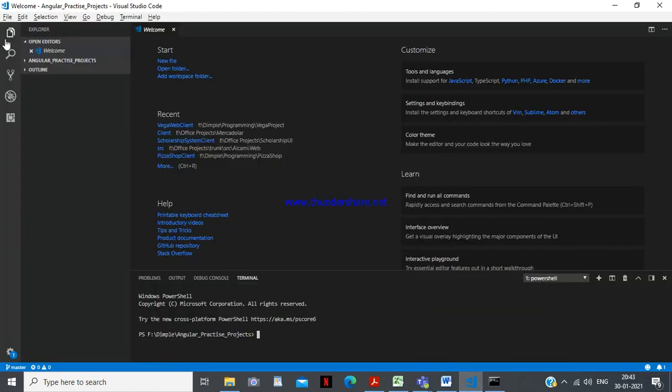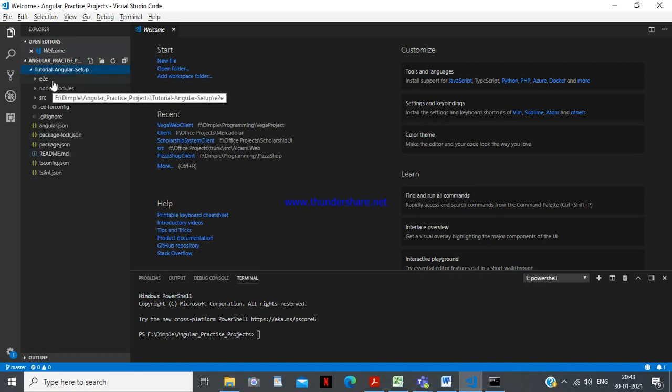So we should go to the folder now. So now you can see this is the project name which I have given. So it has created a folder, and inside that it has created some other folders. So this is the name of the project which I have given in the command. So now step by step we'll go through every folder structure.